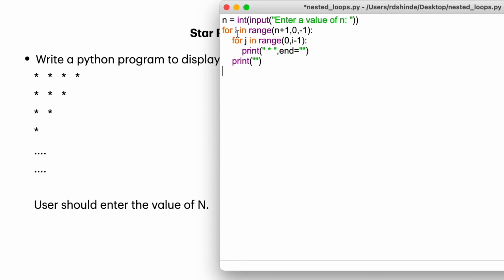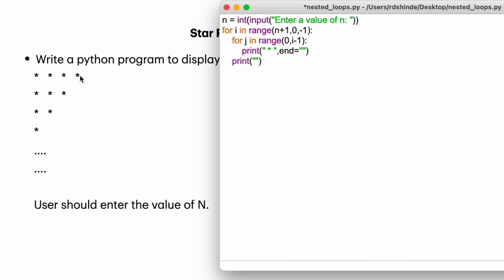So for the first iteration of the outer for loop, the value of I is 5, and here we are printing the stars from 0 to I minus 1. Here the value of I is 5, so 5 minus 1 is 4. So 4 stars will get printed in the first iteration of the outer for loop.